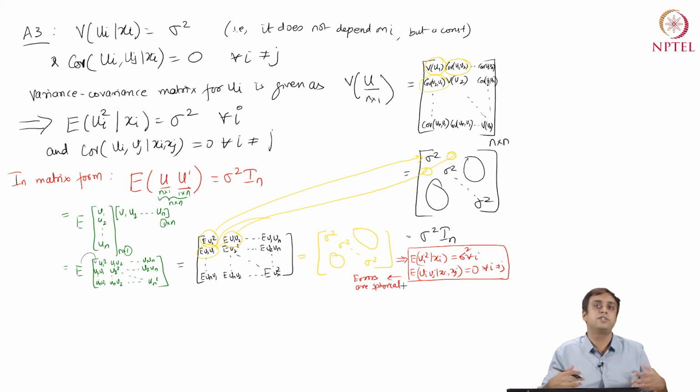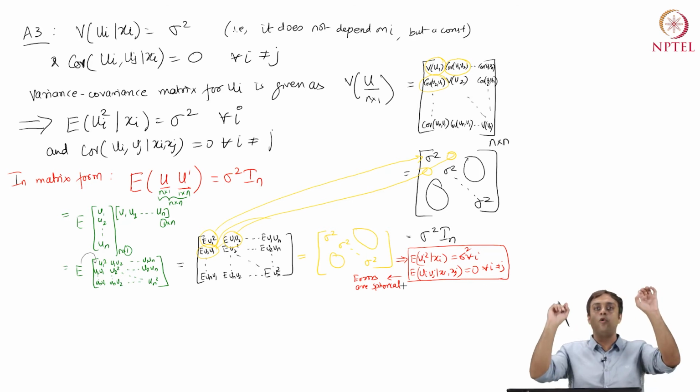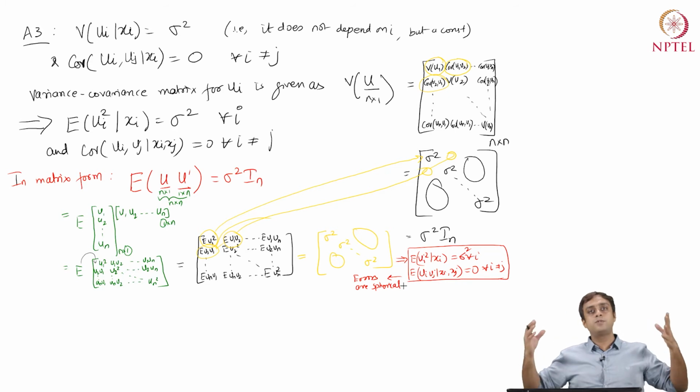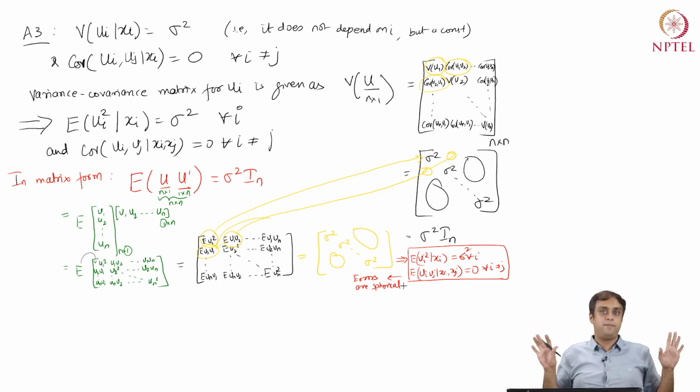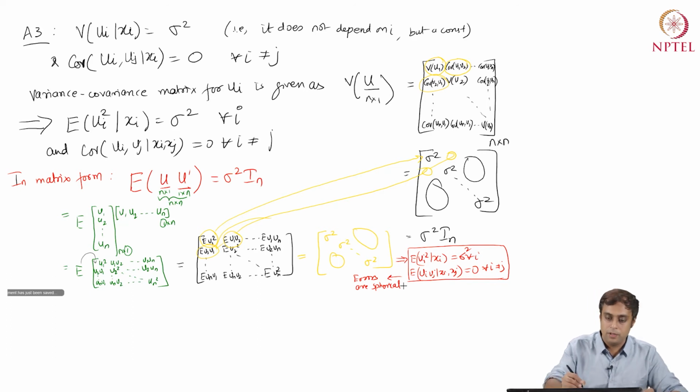So the third assumption that we take is the assumption that the variance of each ui term is a constant and equal across all ui's, and the errors are not correlated. So home 1 and home 2, whatever we have not observed, is not correlated by itself. Okay, this is the third assumption. Okay, let's move on to assumption 4.